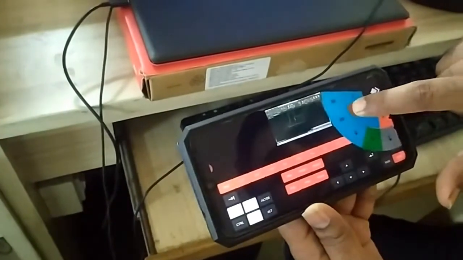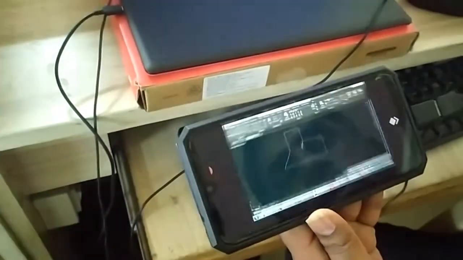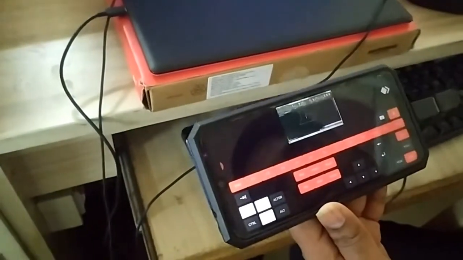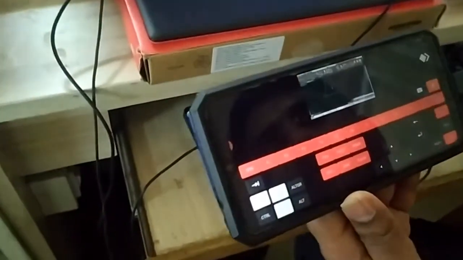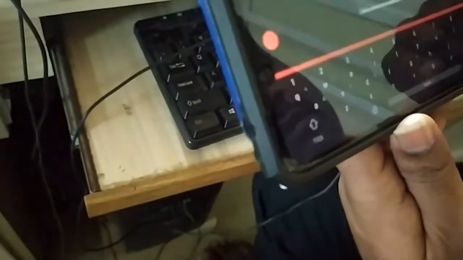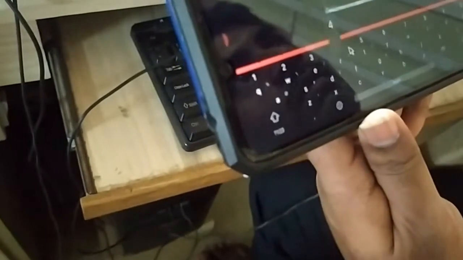So when you go to input device and choose the topmost option over here, you can see that even the escape button is available, which we can use from here by tapping here. Okay, so that's it working. Let me check it. So once again, let me give the line command, L, enter. Now the line command is active.